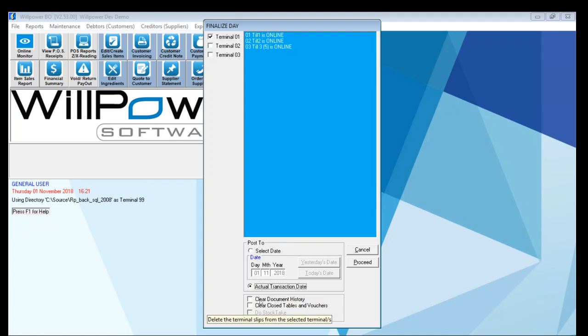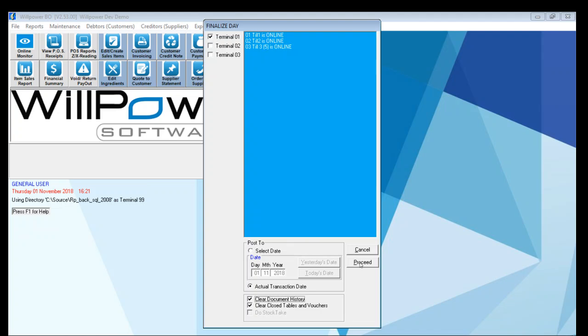Below, clear document history and clear closed tables and vouchers. It's maybe a good habit to flag these ones as well. It will make the point of sale operate slightly faster, as it will clear out files such as journal information and stored document information. All the transactions and all the slips, all the receipts will be transferred from the point of sale in any case to the back office and can be found under terminal control, a section that there's a different video for. So if you flag these items and you've got a rather slow machine as a point of sale, you will find that your point of sale will be slightly faster because it's got less resources to carry.